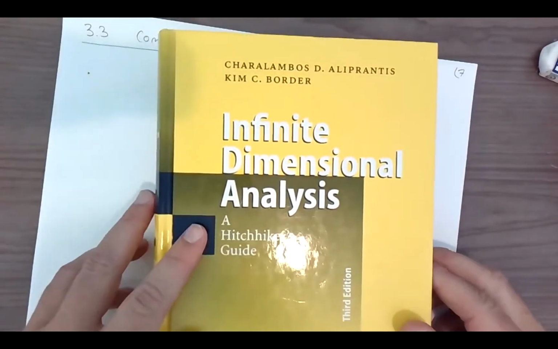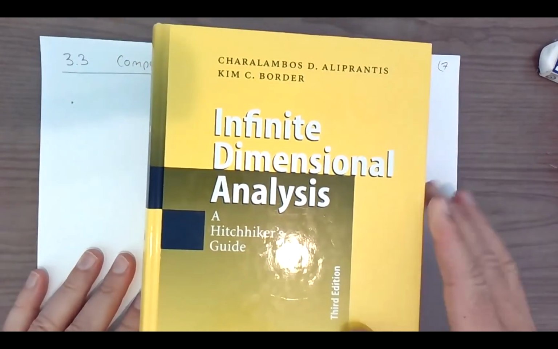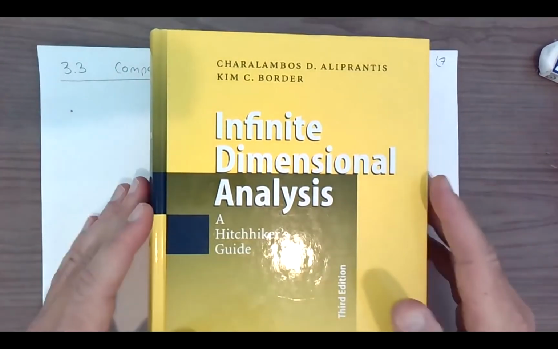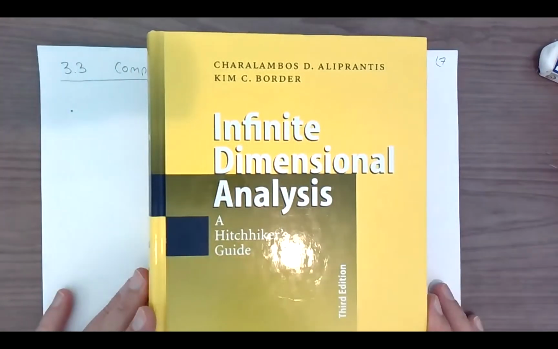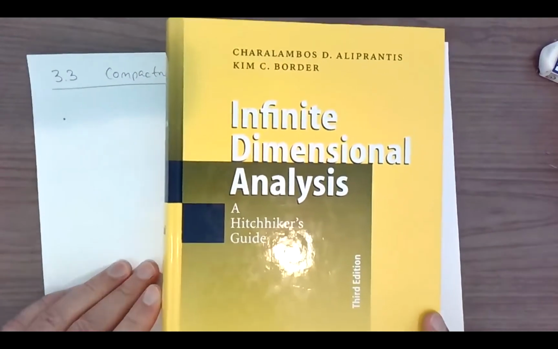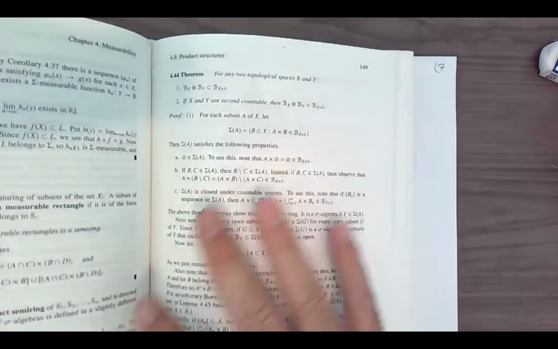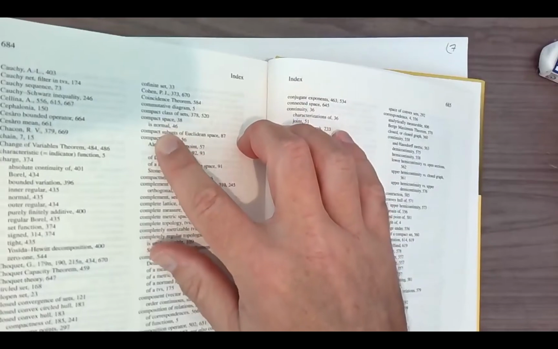And what is nice about it is that the subtitle is A Hitchhiker's Guide. So this book will do these theorems that we're talking about in the general case. It's the surprising fact about this, it is a math book, but it's actually written by economists. And when you flip through it, it's theorem after theorem after theorem. This is an awesome book. And of course, inside here, there's a discussion of compactness. You can see there are lots of words with compactness, right?